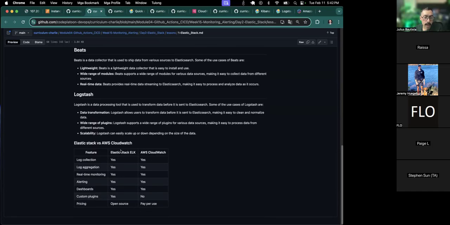Okay, so let's talk about comparison first, compatibility with AWS afterwards. Comparing this to what we've used so far in CloudWatch, there's a lot of similarity, right? They both support log collection, log aggregation, monitoring, alerting, and dashboarding. CloudWatch does not support custom plugins, but